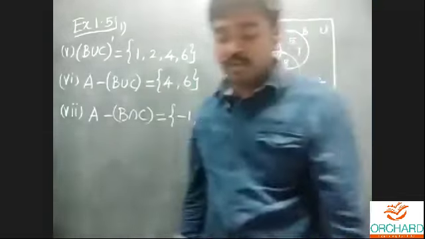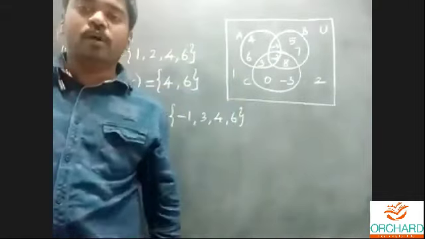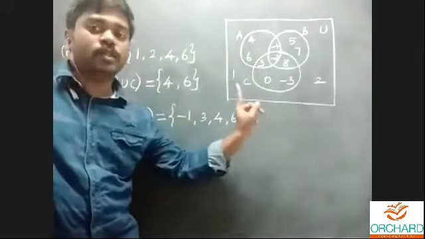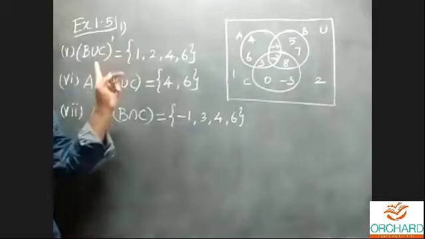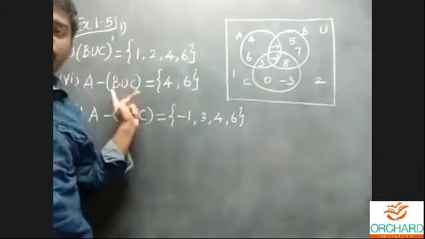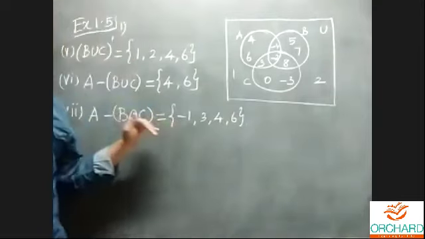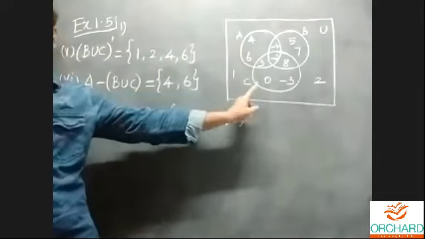That's why in the question itself they have given the adjacent Venn diagram. Find the following set. You can use only this Venn diagram. Refer to the Venn diagram and you can answer the question. No need to write first B union C separately and then A difference B union C. No need to write step-by-step procedure. Directly proceed with the problem, only referring to the Venn diagram.